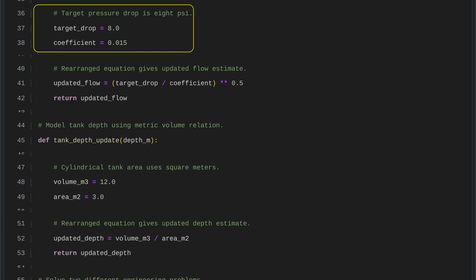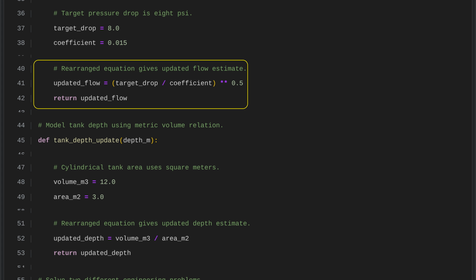The calculation uses a target pressure drop of 8 psi and a coefficient of 0.015. Together, these values model how pipe flow relates to pressure drop and are used to update the flow estimate. The code updates the flow estimate by using the target pressure drop and a coefficient. It divides the pressure drop by the coefficient, takes the square root of that value, and returns the result as